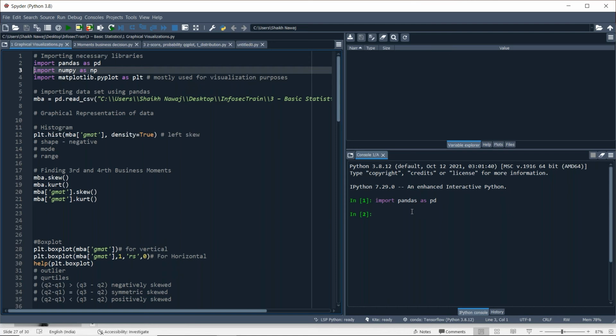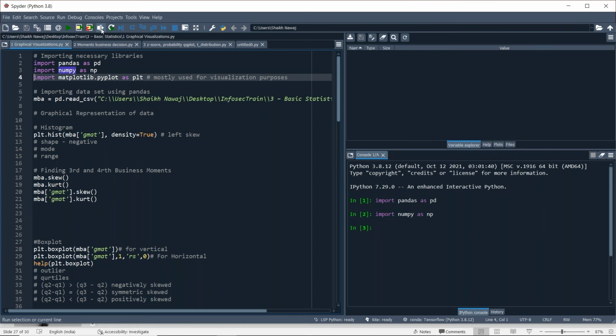Now we just imported the pandas library. We are using pandas for reading the data, for reading the CSV file, the Excel file, or any other file, and for data manipulation. Then for statistical analysis or for creating n-dimensional arrays, we need the NumPy library, so we import NumPy as np.